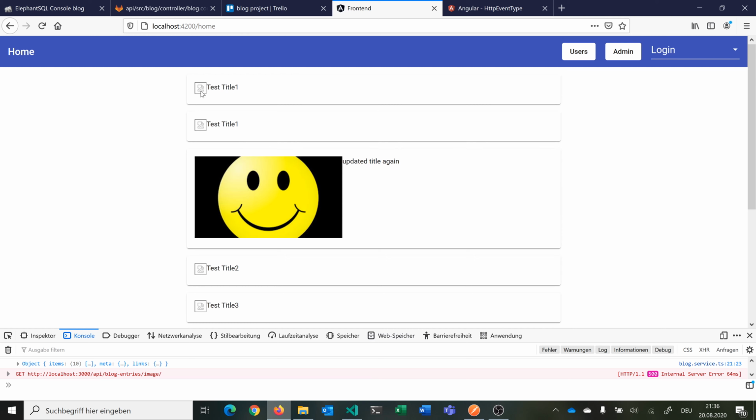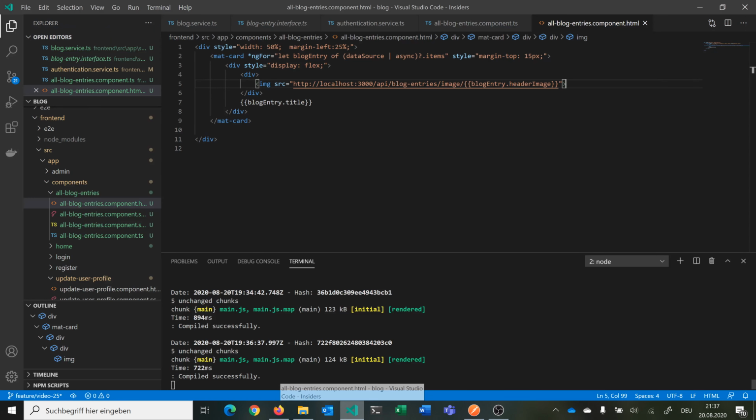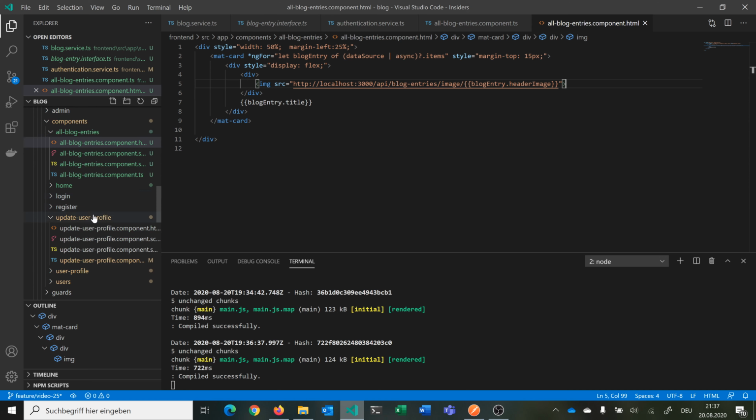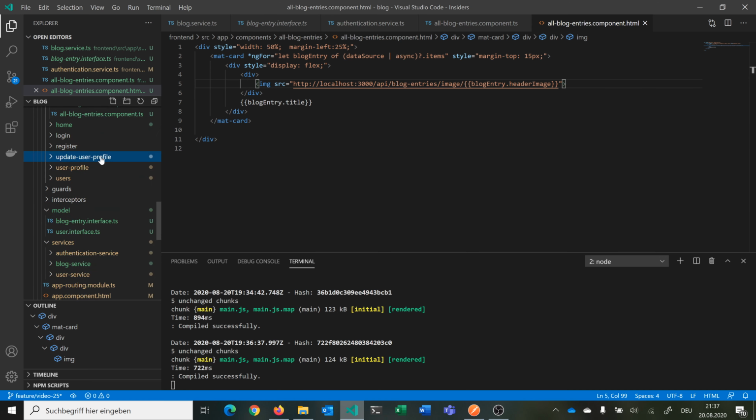So one thing that we want to do is we add some CSS for this image, so that they are always the same size. And the next thing is we want to have a placeholder image that is displayed if this here is undefined or null. So what we can do is first we can go for the same CSS that we have